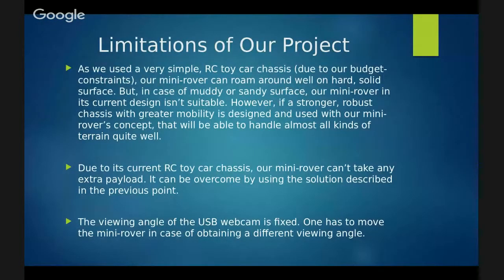Like all other things, our project also has some limitations. As we used a very simple RC tracker chassis, since our budget was very limited, our Mini-rover works on a hard and solid surface. But in the case of muddy or sandy terrain, our Mini-rover is not suitable. However, if a stronger, robust chassis with greater mobility is designed and used with our Mini-rover's concept, it will be able to handle